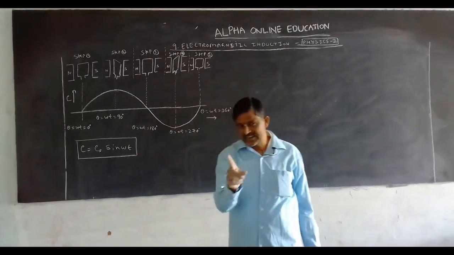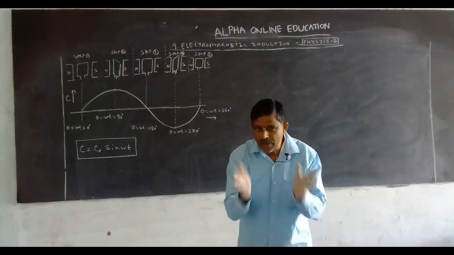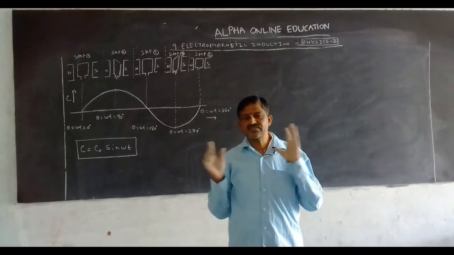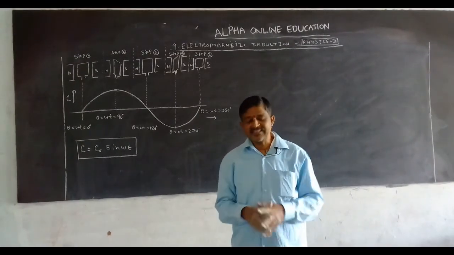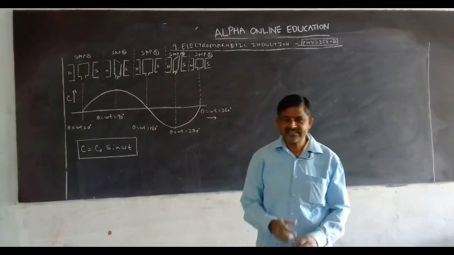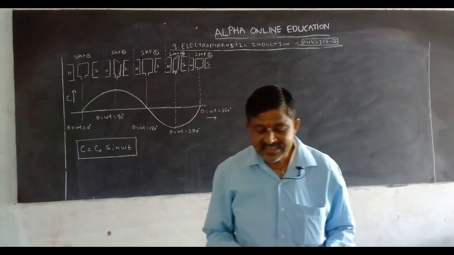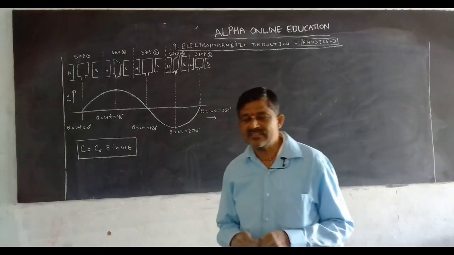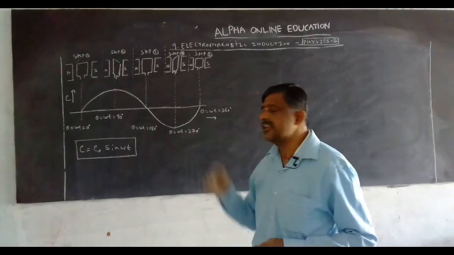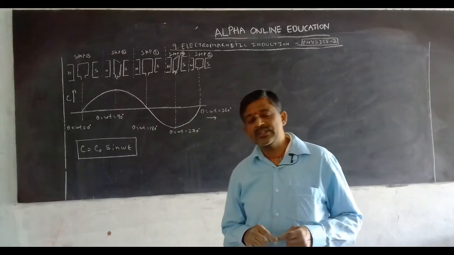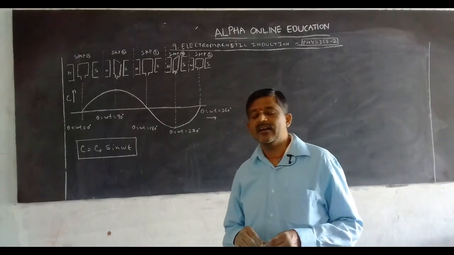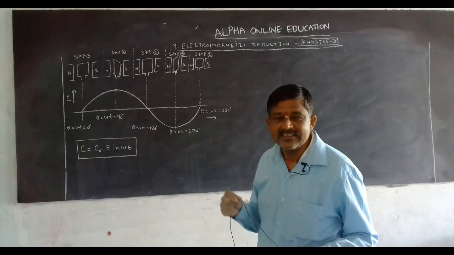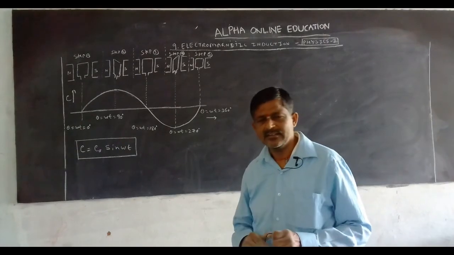This means in the generator the coil must rotate in the uniform magnetic field. So the association of magnetic flux changes. As a result, induced EMF is established in it. That EMF is called AC EMF, alternating cyclic EMF. In which form is this alternating cyclic EMF? It is in the sine form. And Faraday also proved that E is equal to E0 sin omega t from the mathematical expression. Okay, this is about the AC generator. In every generator, this principle is adopted.